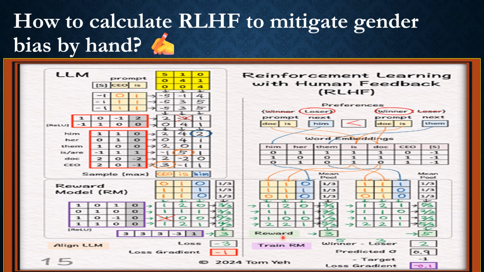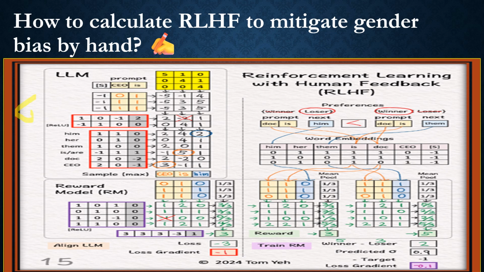Then winner versus loser reward. So we will calculate the difference between the winner and the loser reward. Now this RM wants this gap to be positive and as large as possible. So 5 minus 3, that should be 2 here, right? Next, calculate the loss gradient, that is, map the reward gap to a probability as a prediction. We'll take a sigmoid function, right? We'll take sigmoid of 2.